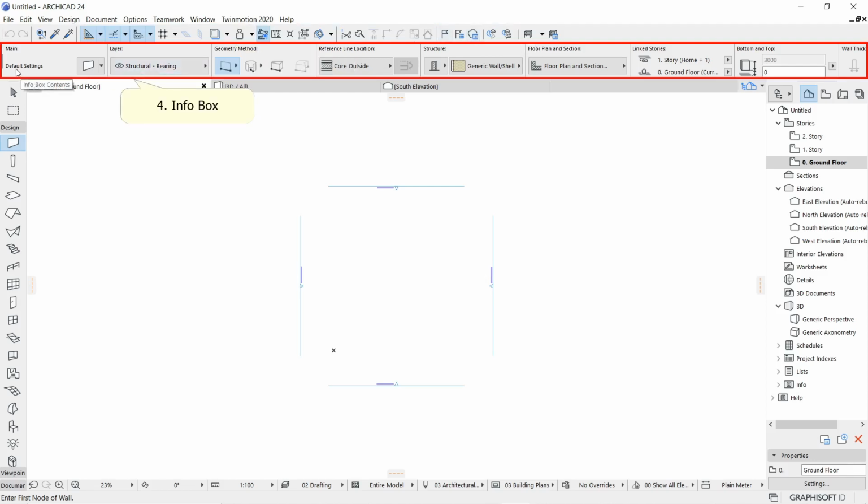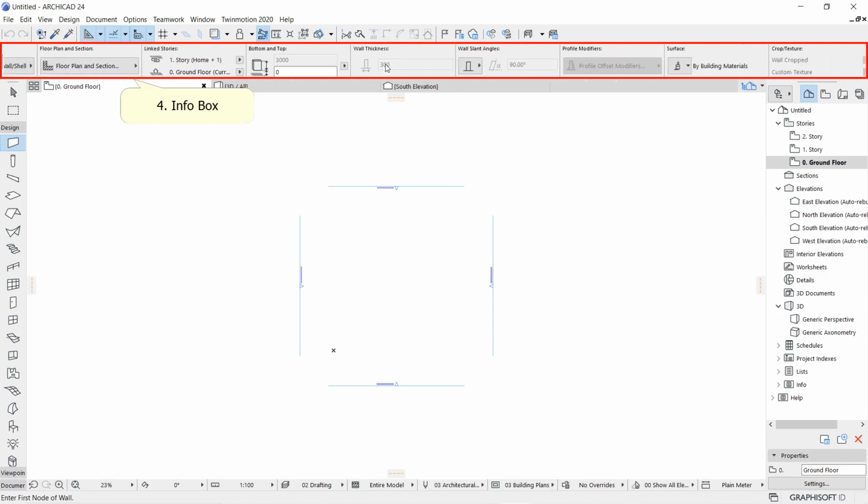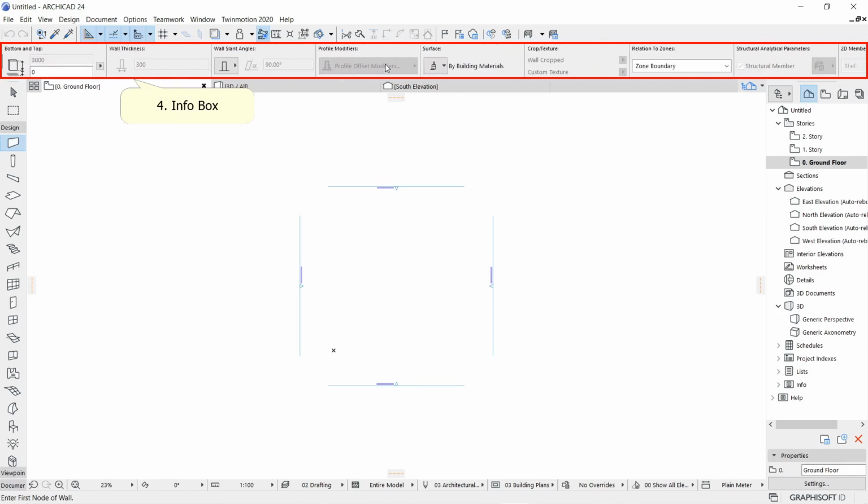Below the toolbar, there's a very important place in ArchiCAD known as the Info Box. You can see "Main" is written and next to that "Default Settings" is written, and then some tool is loaded. At present the wall tool is activated. This entire horizontal area is the Info Box, in my case. You can rearrange it and make it vertical, but as a standard profile it's a horizontal area. If you keep your mouse over here and use the mouse wheel button, you can move to and fro in this Info Box.